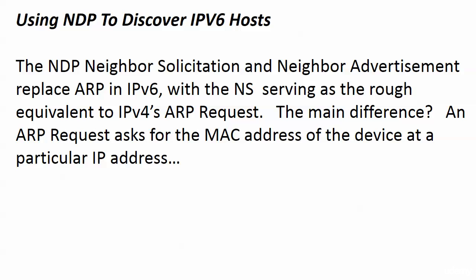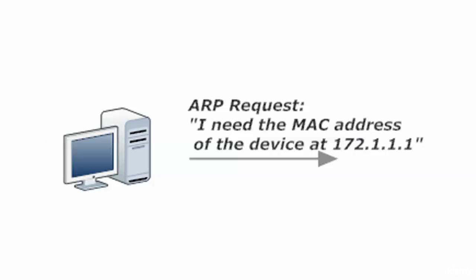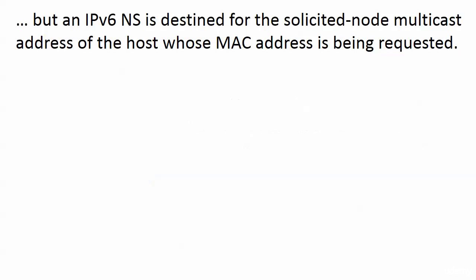We've got our neighbor solicitation and neighbor advertisement messages, and they really replace ARP in IPv6. There is no Address Resolution Protocol in IPv6. The NS serves as the rough equivalent to the ARP request in version 4. And the main difference is that the ARP request asks for the MAC address of the device at a particular IP address, say 172.111. We know that the neighbor solicitation message is similar, but the destination address is a little